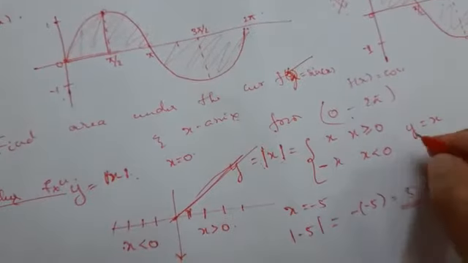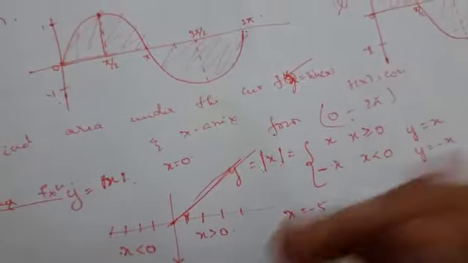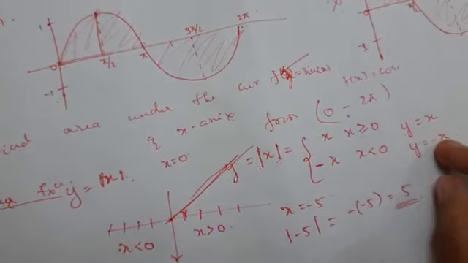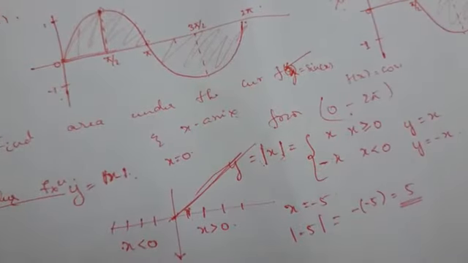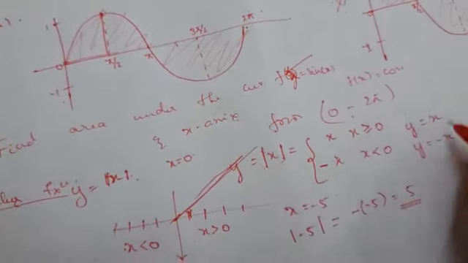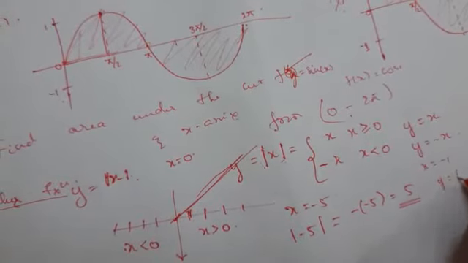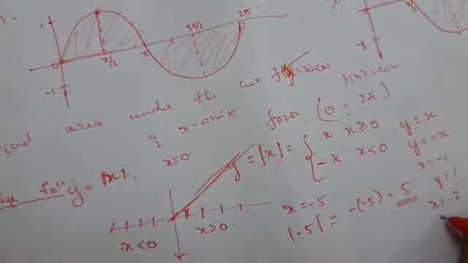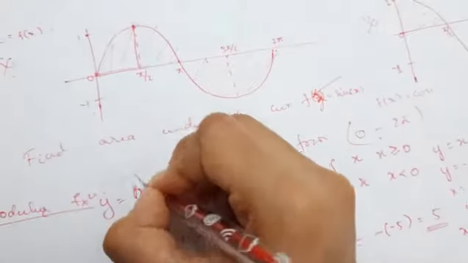Similarly, when x is less than or equal to 0, how will the function be? y is equal to minus x. That means whatever negative values of x you put, the value of y will obviously be positive. If I input x is equal to minus 1, the value of y will be 1; x is equal to minus 2, the value of y will be 2. So if I plot all those points, I am going to get a graph like this.